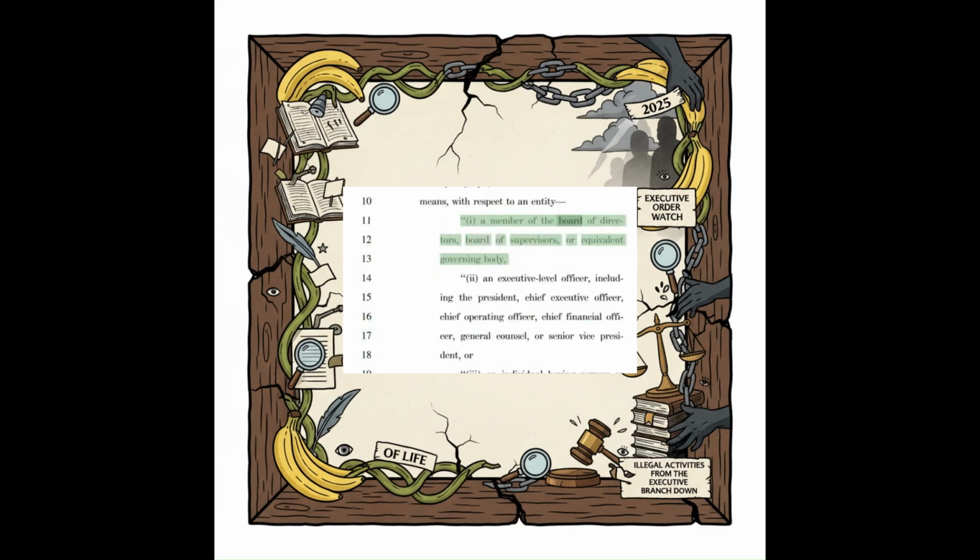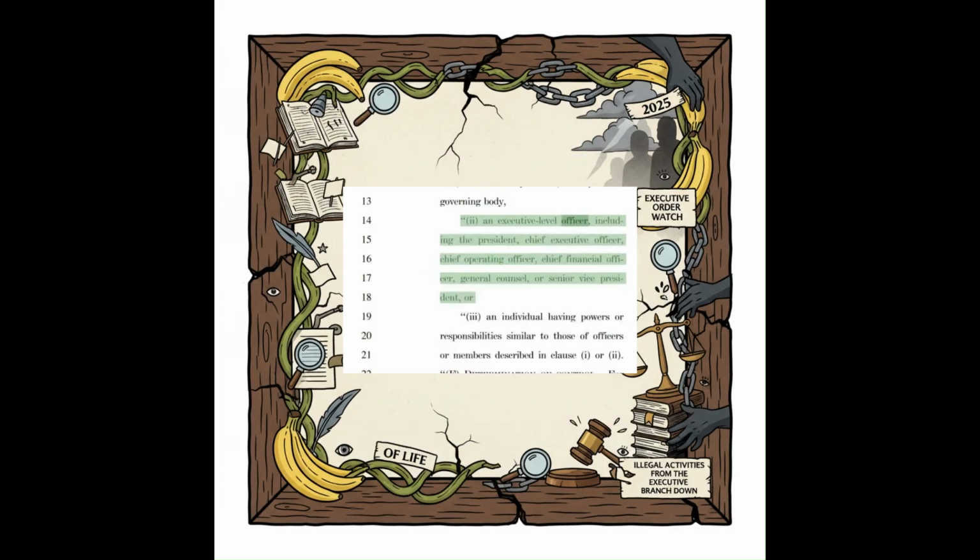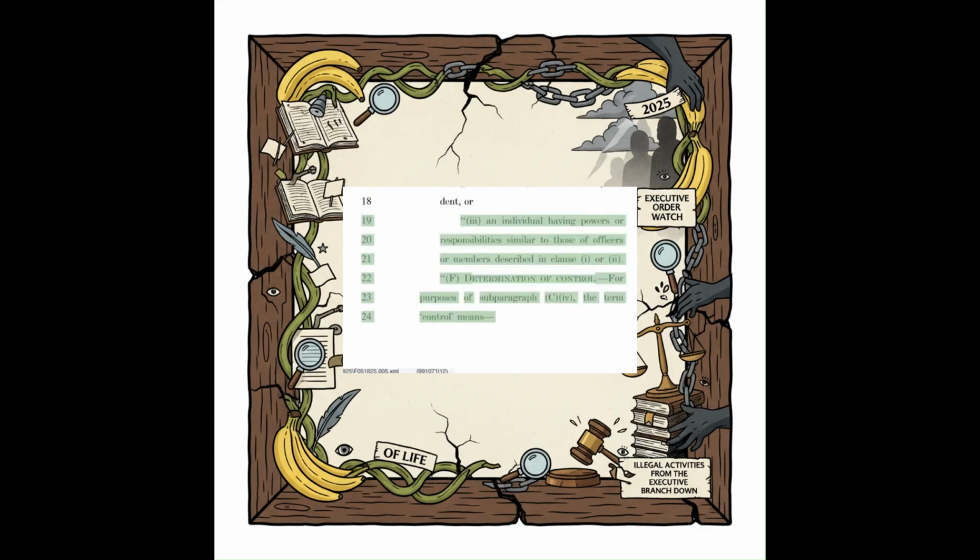A member of the Board of Directors, Board of Supervisors, or equivalent governing body, an executive level officer, including the President, Chief Executive Officer, Chief Operating Officer, Chief Financial Officer, General Counsel, or Senior Vice President, or an individual having powers or responsibilities similar to those of officers or members described in clause or Determination of control. For purposes of subparagraph, the term control means